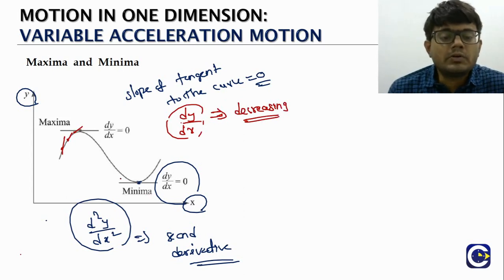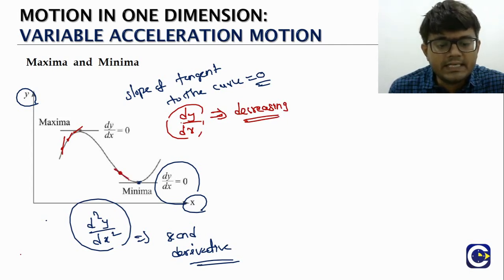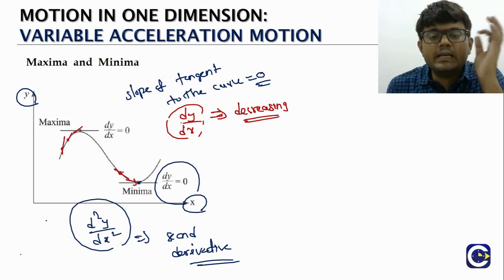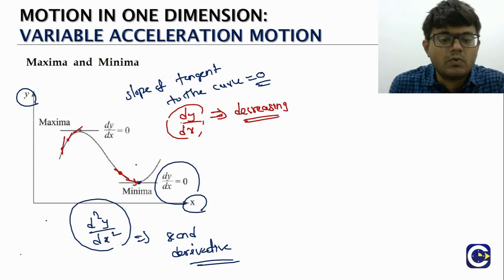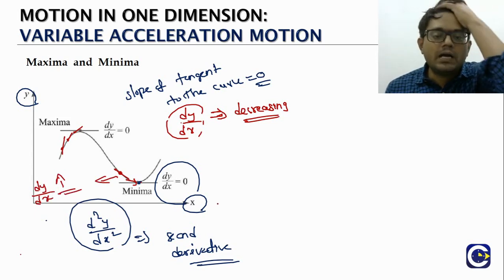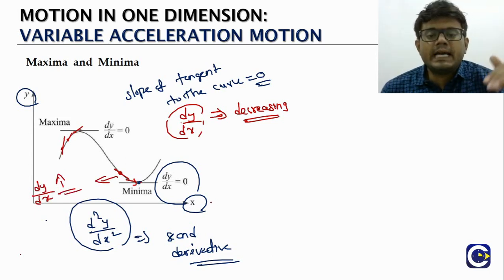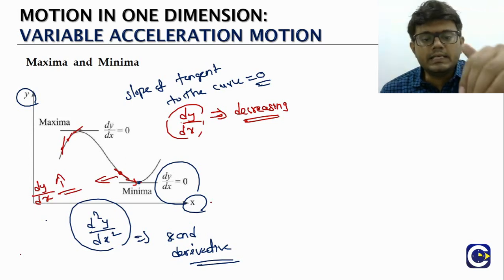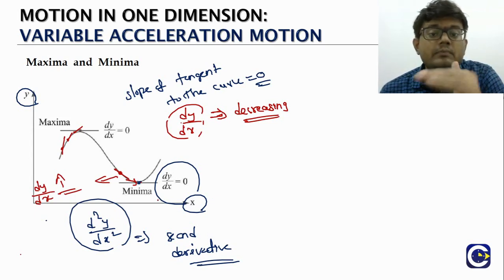Whereas when you talk about reaching the minima, we see these lines, right, if you draw a tangent here, the lines over here will have a negative slope. Finally, when you come to the minima, the slope is becoming 0, right? So here what we see is that the dy by dx value will be increasing. So when you are reaching the maxima, the slope of the tangent value will decrease. When you reach the minima, the slope of the tangent value will be increasing.